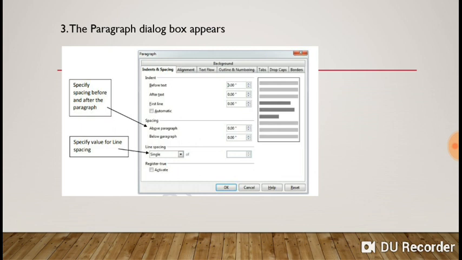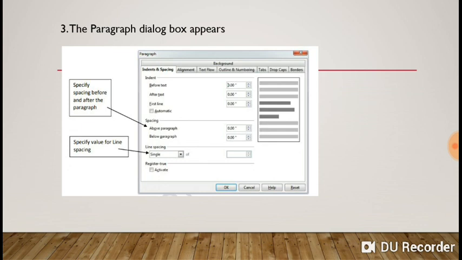In the paragraph dialog box, I would like to discuss a few tabs. Here are indent and spacing, alignment, text flow, outline and numbering, tabs, drop caps and border. These are the different tabs of a paragraph.